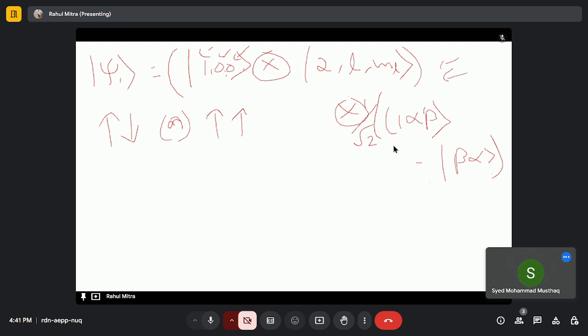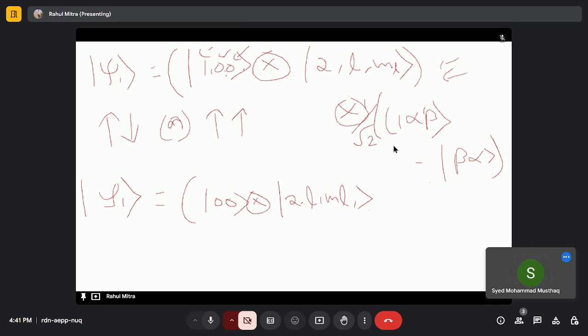So either we have, let me write it, our quantum state will be 1 0 0, 1 0 0, this one times 2 l ml, this one,